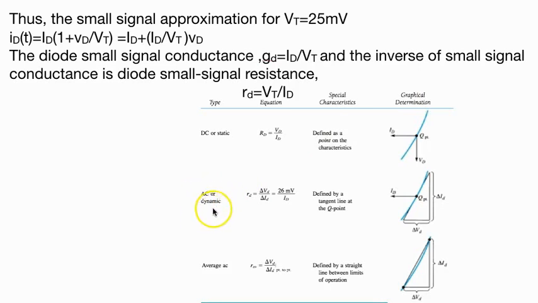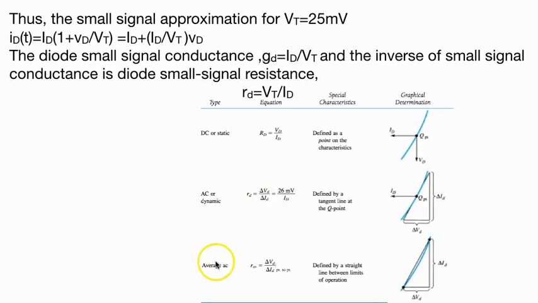For AC or dynamic, RD is equal to VT over ID, where VT is the threshold voltage, 26 millivolt, over ID, defined by the tangent line at the Q point. So it is not dependent on the AC voltage. Moreover, it is dependent on the constant threshold voltage